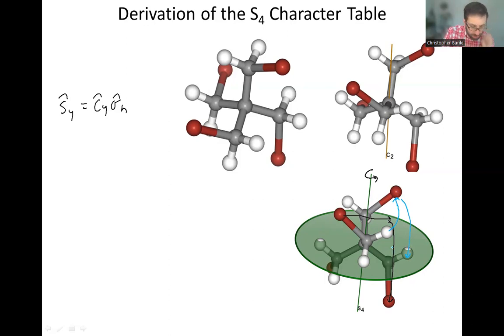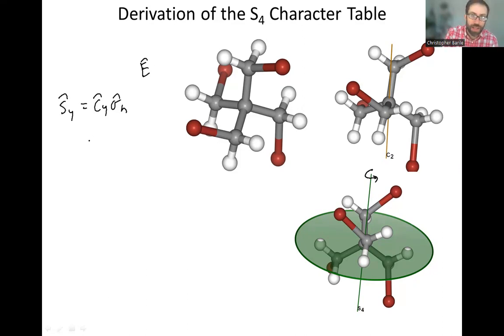So that's how this symmetry works. So that is an S4. And other than identity, and of course we always have identity,